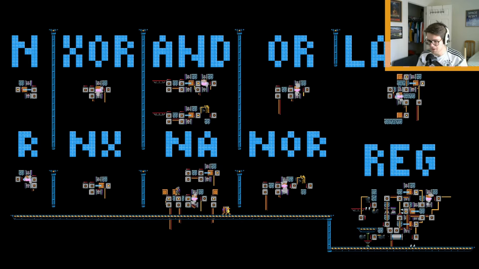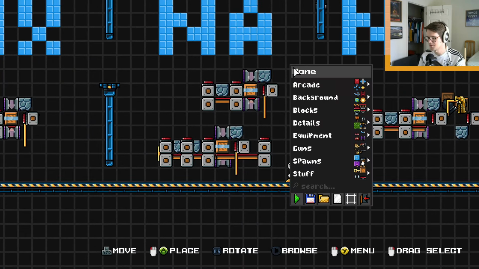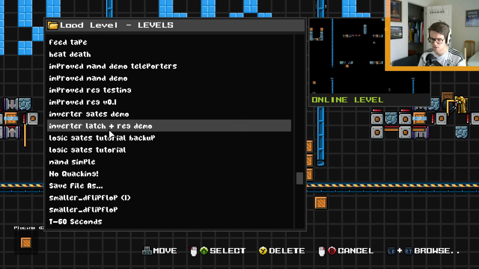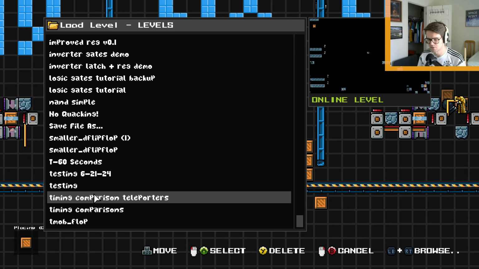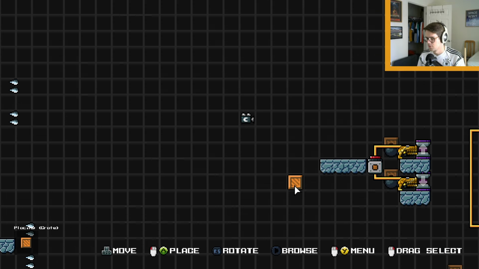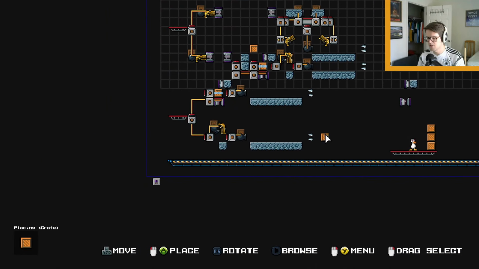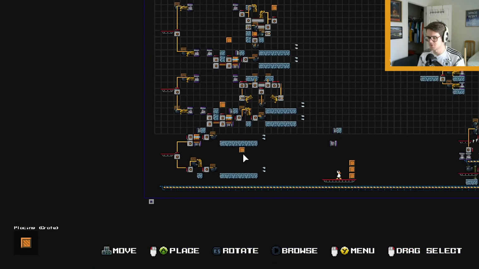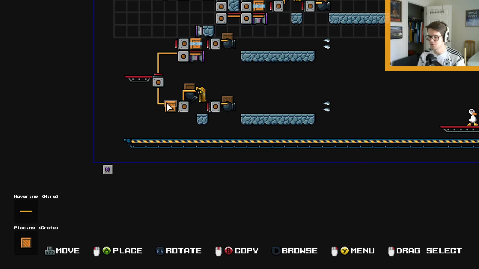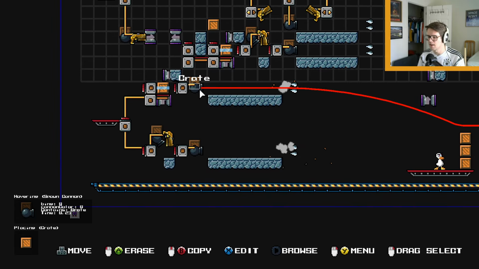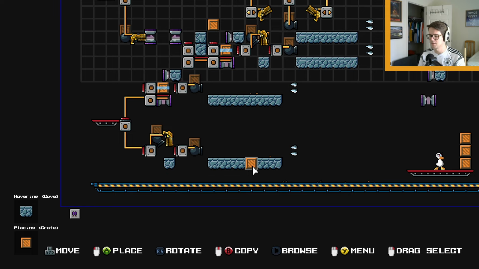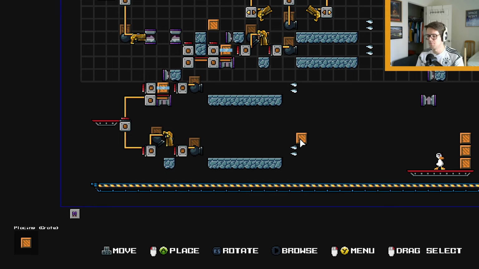Yeah, so I'm a big fan of these designs, but size and complexity is one thing. It's also important to have an idea of how fast these things are. So I have built a map for some timing comparisons, specifically propagation time. That is the time it takes a signal to pass through each logic gate. So here we go. What we have here is on each of these contraptions, there's 1, 2, 3, 4, 5. You have a single button that sends an input to 2 logic gates to be compared, and then an output cannon with a little lane behind it so we can visually see which one propagates the signal